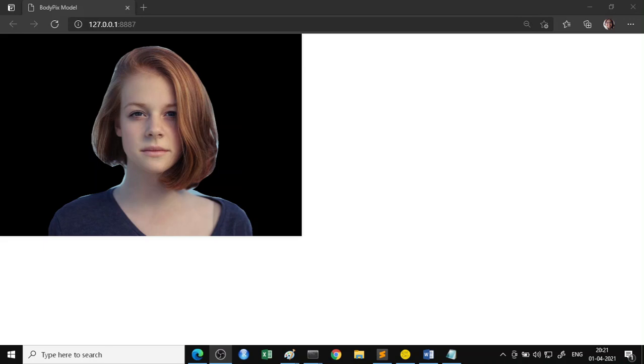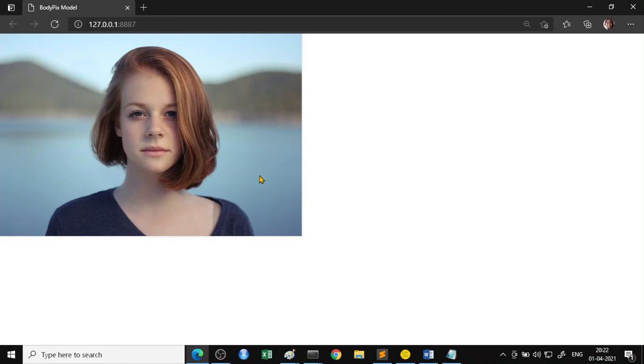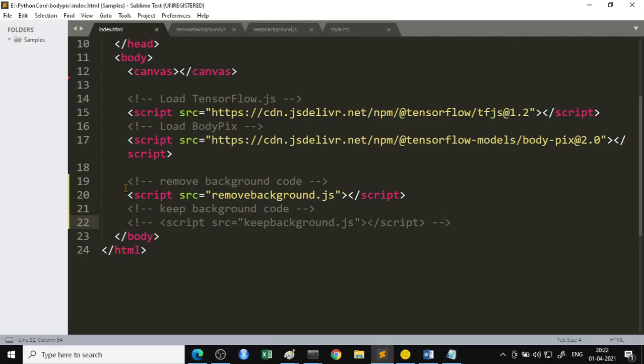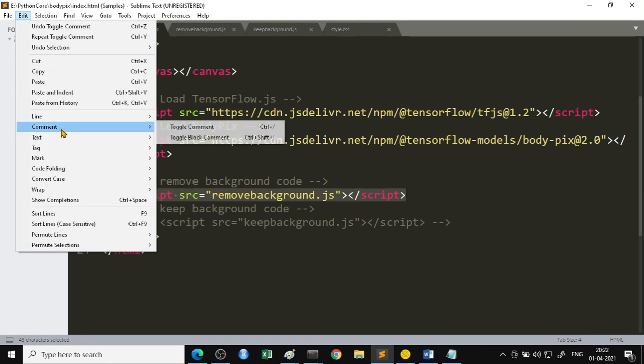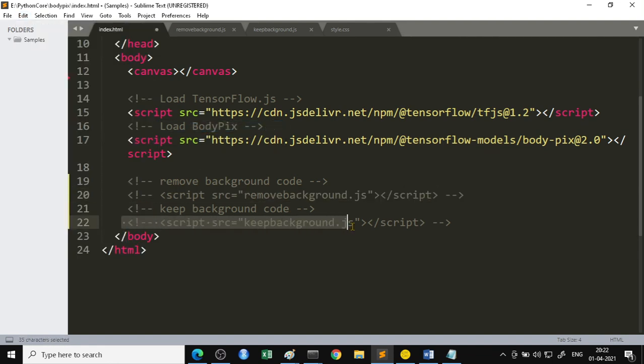Hello everyone. In today's video, I'm going to show you how to remove the background using the BodyPix model. Also how to remove the foreground. So if we have an image like this, in which you want to remove the background and let only the body part be there, you can do that. Also with the same image, we will see how you can remove the foreground, in the sense you would remove the body part and just keep the background.